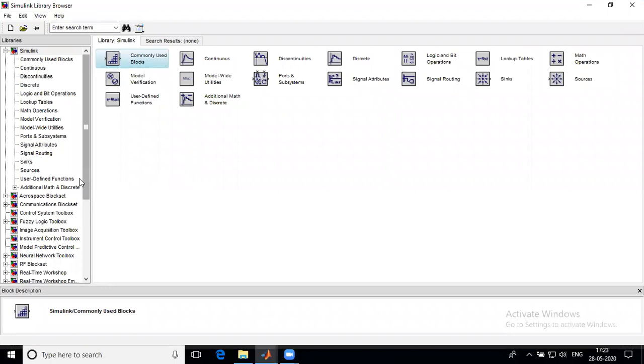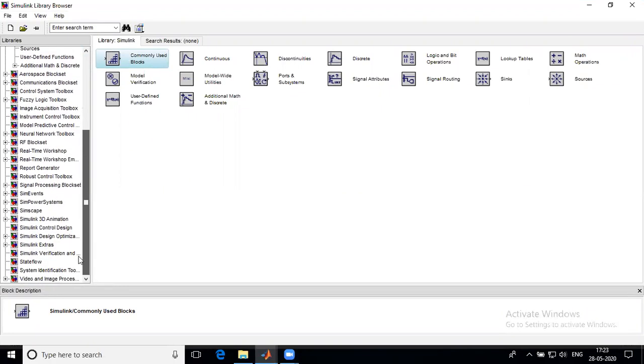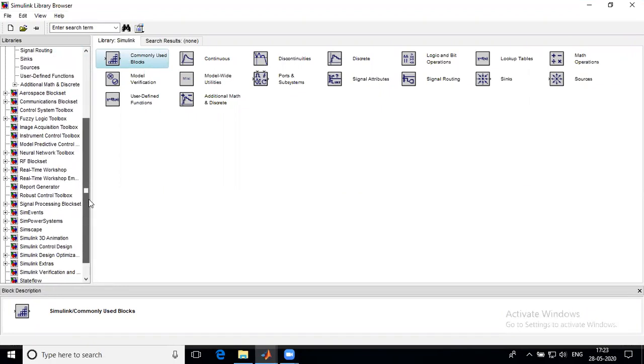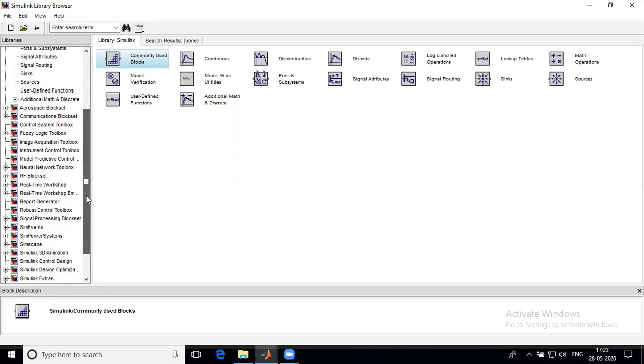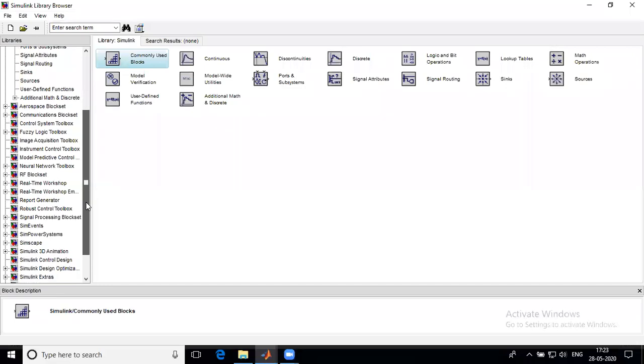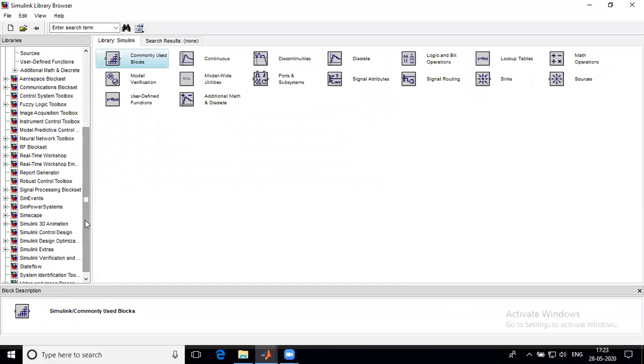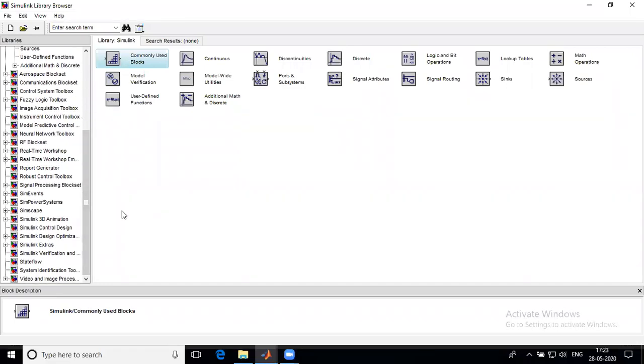In the Simulink library browser there are so many options by which we can construct different types of circuits related to mechanical, electrical, etc. Now, for the polarity test, we are concerned only with the power system components. Where will we get these power system components?